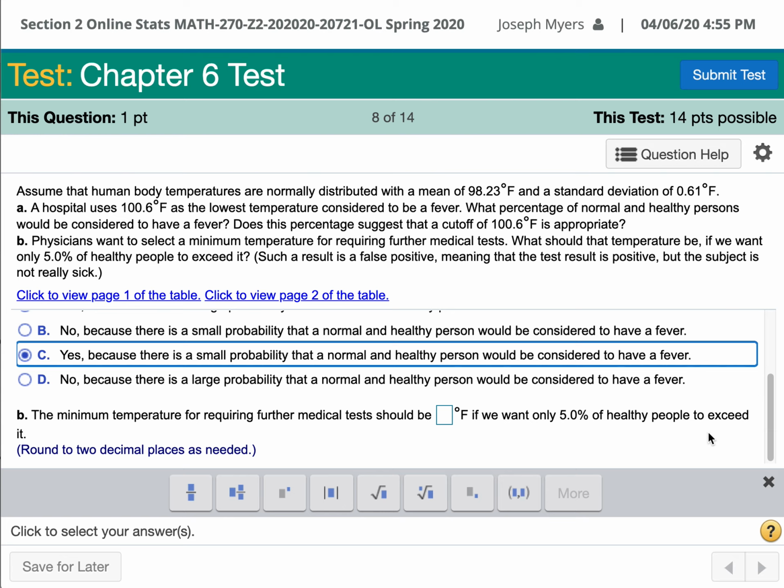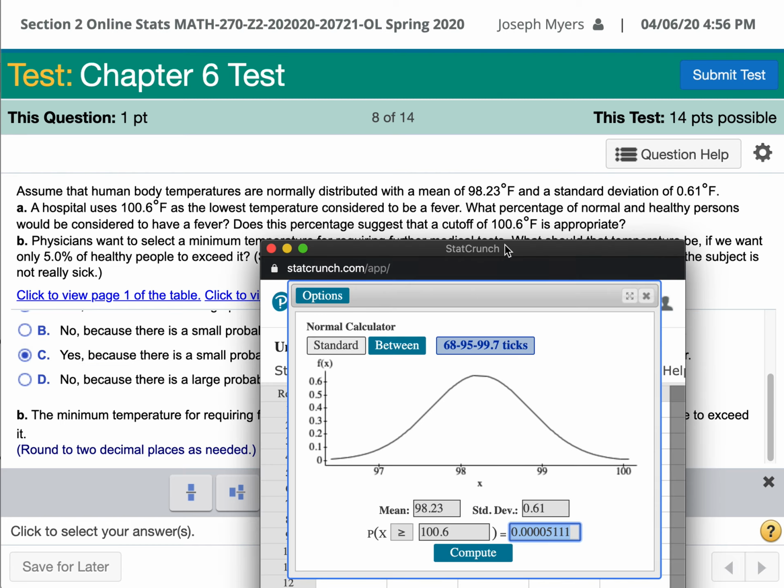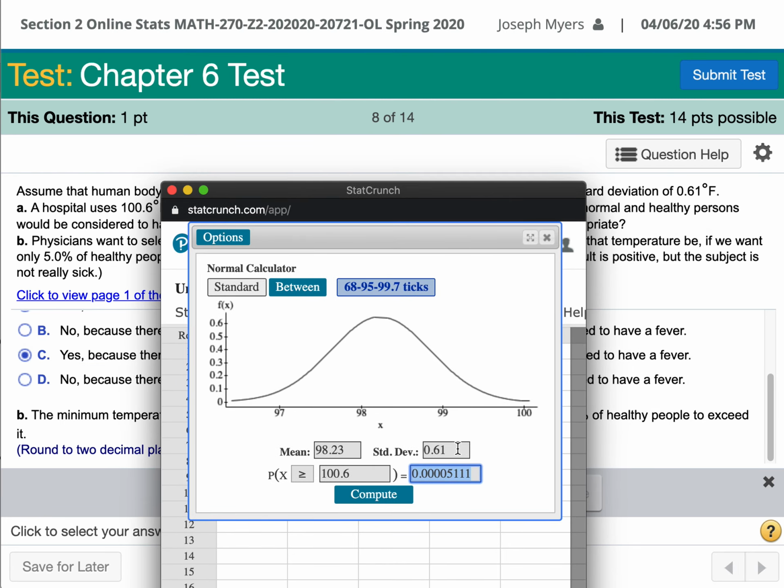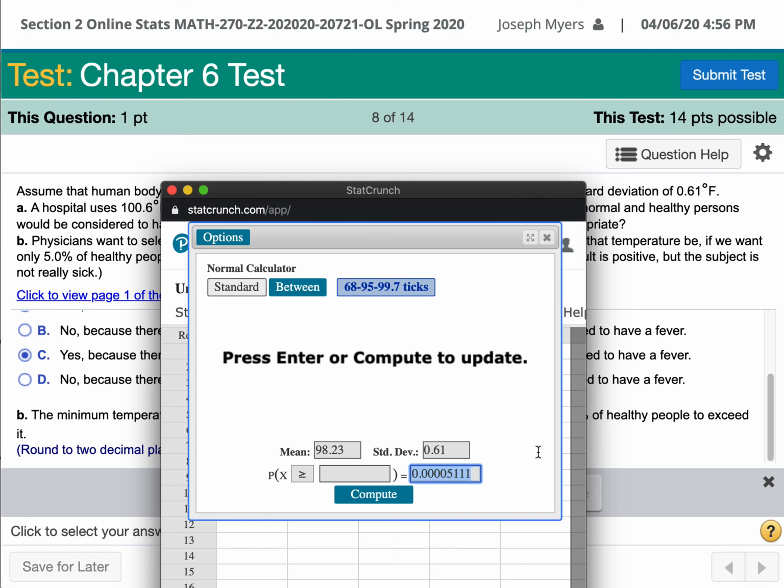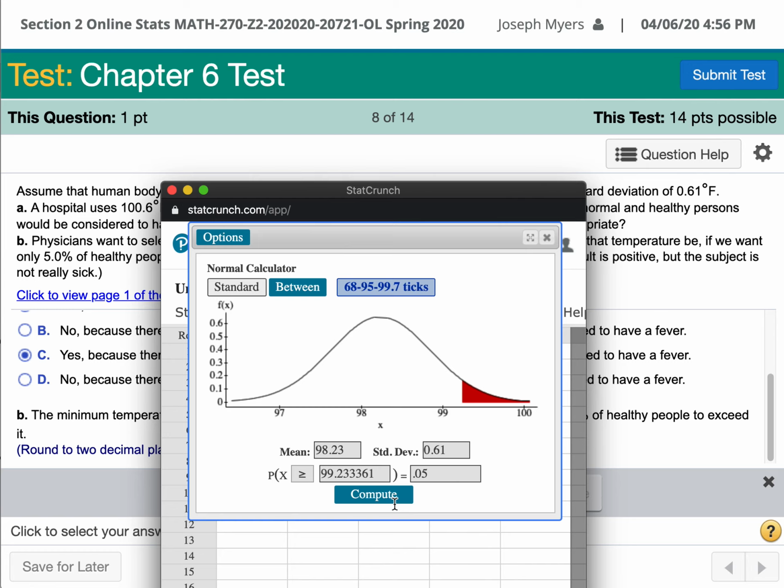Okay, the minimum temperature for requiring further medical tests should be what? So now it's asking us, what if we wanted to choose a temperature so that only 5% of healthy people would be higher than that temperature? Remember, the mean and standard deviation of healthy people is that. So we want the probability of something to equal 5%. So if 5% is 0.05, the result would be